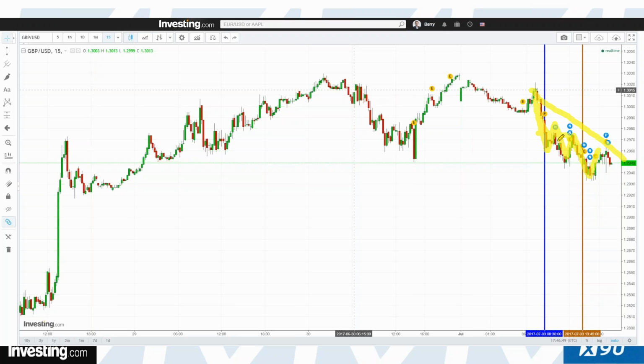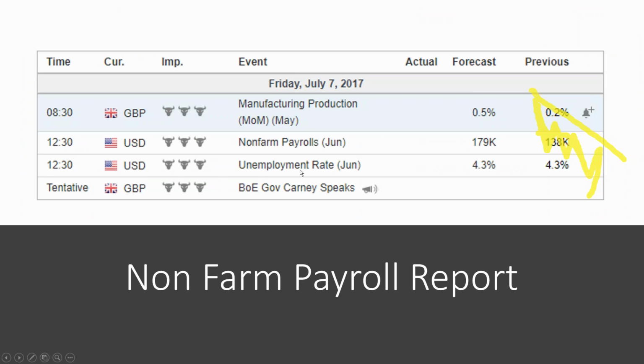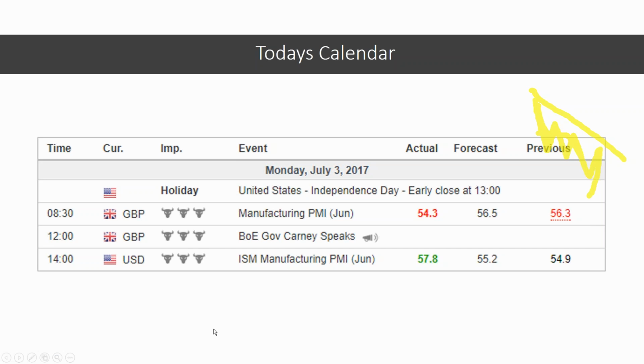So you have the decline of the pound on the weak event, and then the climb of the dollar on positive events out of the U.S. So it gave you two tradable scenarios. Went the wrong way here. So you could have traded the pound most of today,